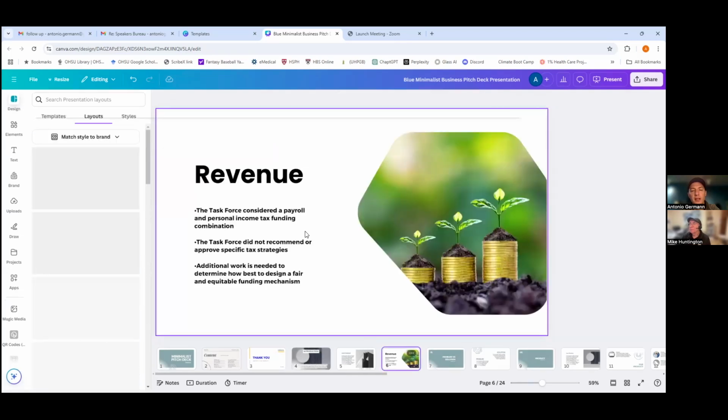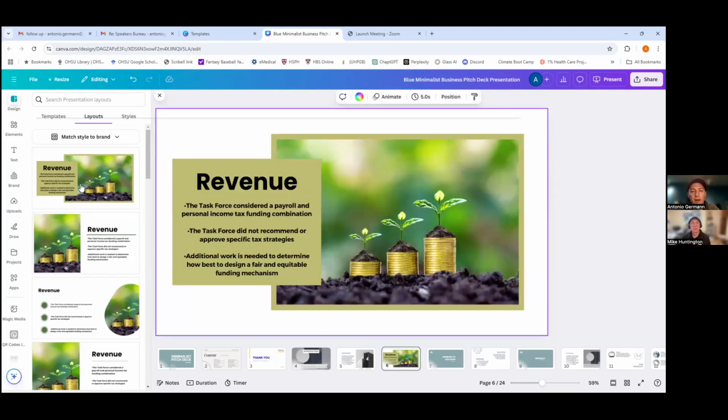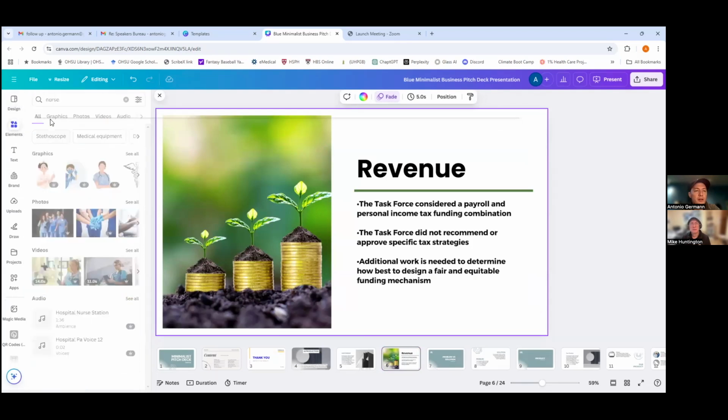So, for instance, I did this one, and I had this as this tiny little small image. But you could see it's giving me a couple different options of how the layout could look. How did you find that image? You search for something that gave you this? Actually, here. If we go into elements here, what I did is I just typed in revenue,